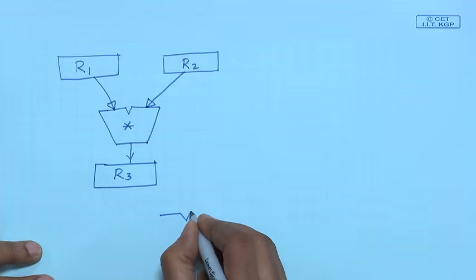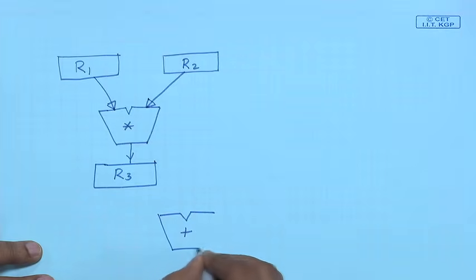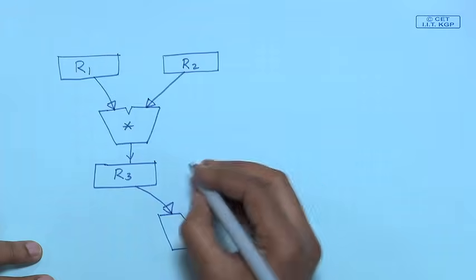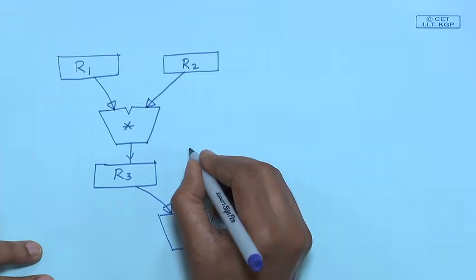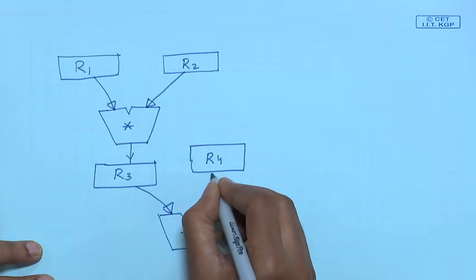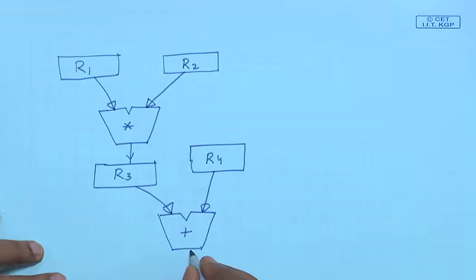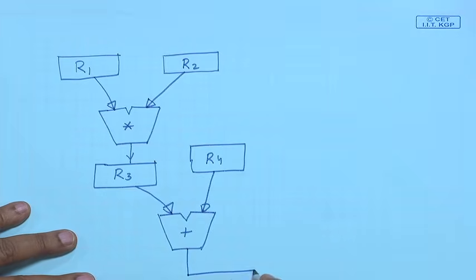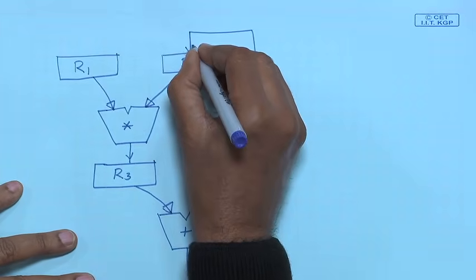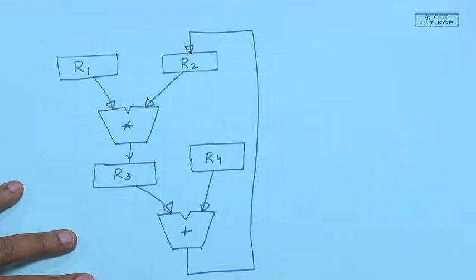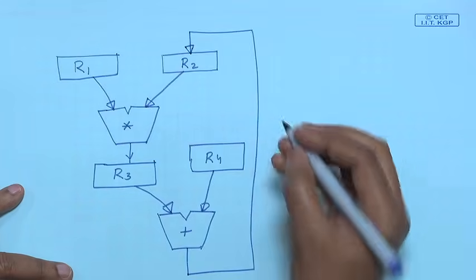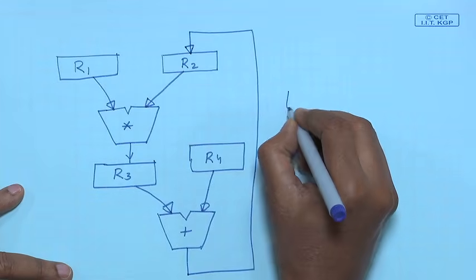Then we can have an adder. So, one input of this can come from R3 and the other one can come from another register R4. And suppose the output of this adder I want to store back in register R2, then I will have a connection like this. So, this is one way in which you can implement that operation, as I had mentioned, B